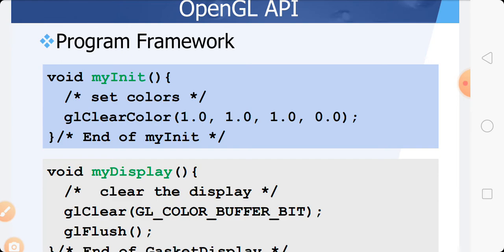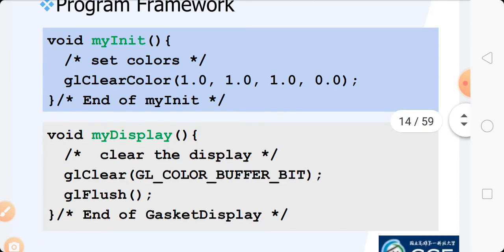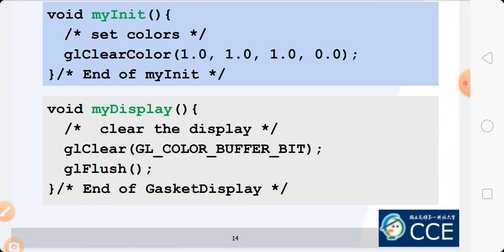End of myInit. The myInit function sets the colors by using glClearColor. Now the second function is the display function, and it is used to clear the display: glClear(GL_COLOR_BUFFER_BIT), glFlush, and this is the end of the display function. It will clear the display.